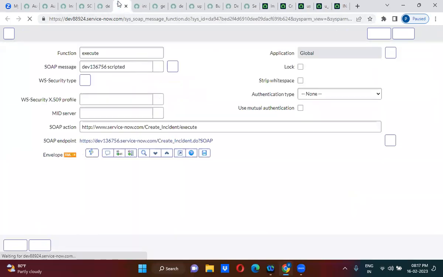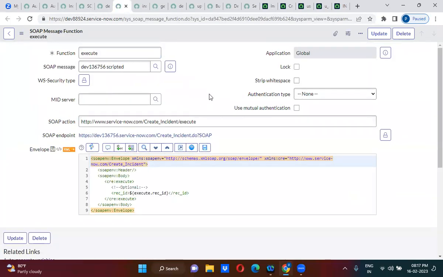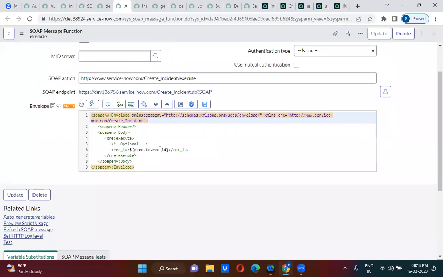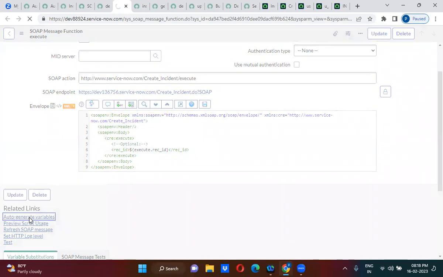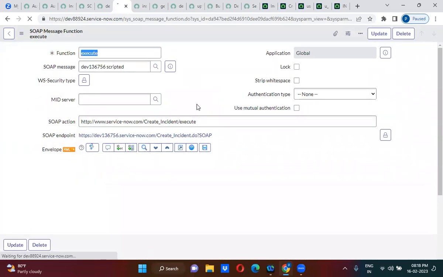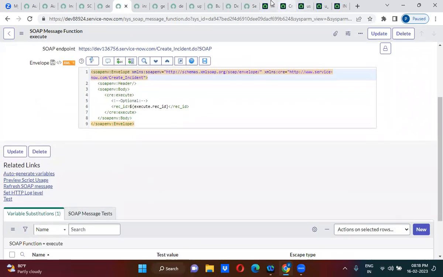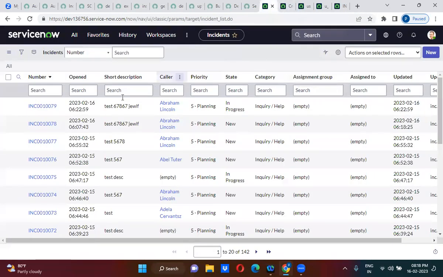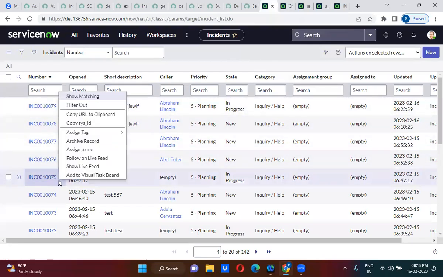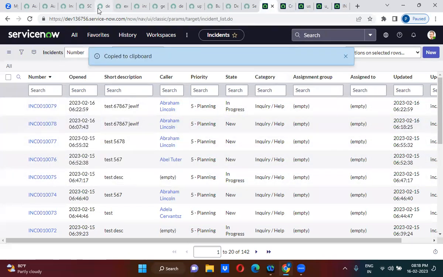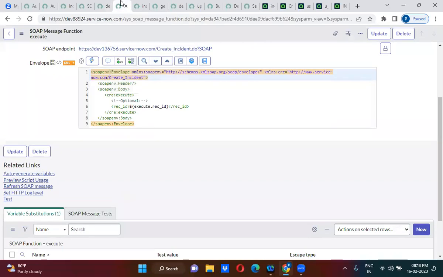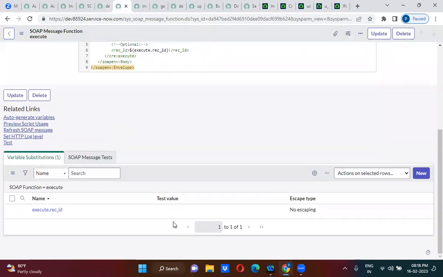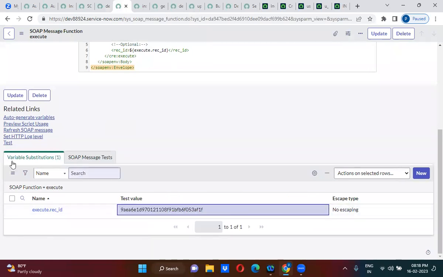So when I open this one here, you have to pass only one thing called record sysid. So I'm generating the auto generate variables. Let us say I'm just passing a record sysid. Let us take this particular record sysid 75. I've copied this one here. From my system, I'm just passing the sysid from here. So when I do a test here, what it will do, it will actually get the